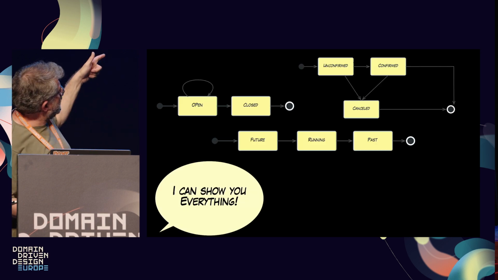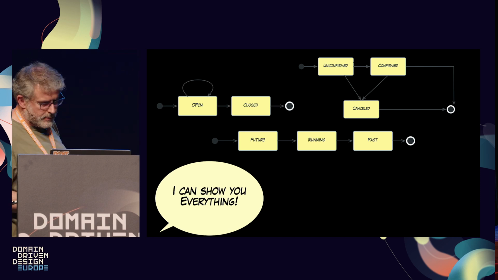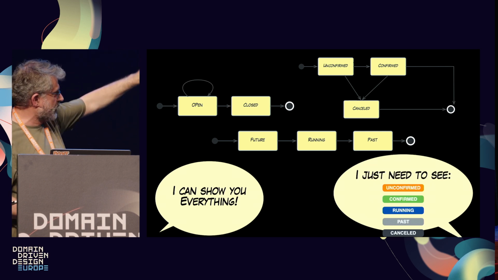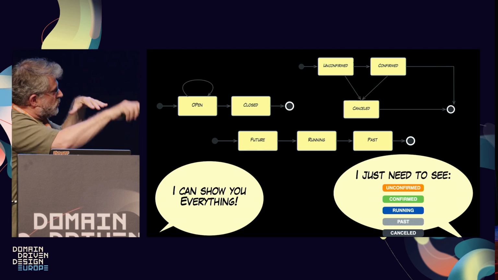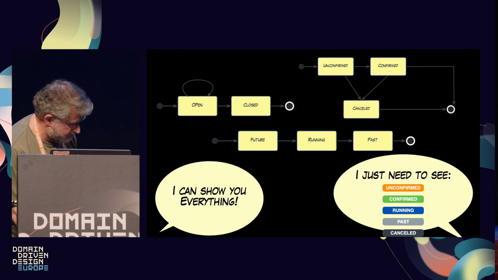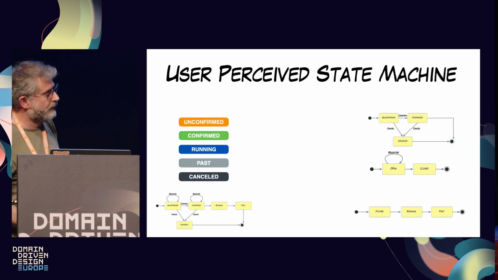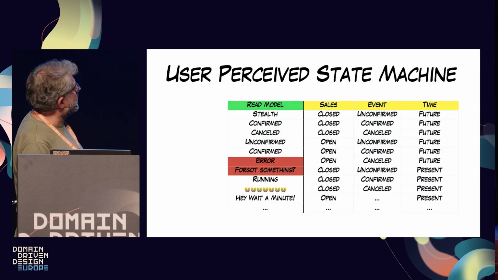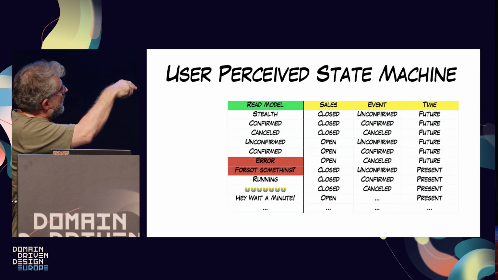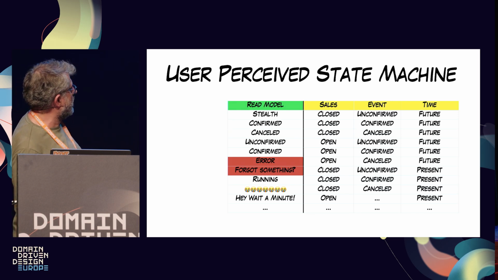So this part of the discussion was, oh, I can show you all of this information, but no, I just want to see these states, and we ended up modeling 2 things, all the 3 state machine under the water level, and visualizing the states as a combination of those information. We worked on a table and started looking, given the combination of what could happen on these 3 axes, what might be the state here.